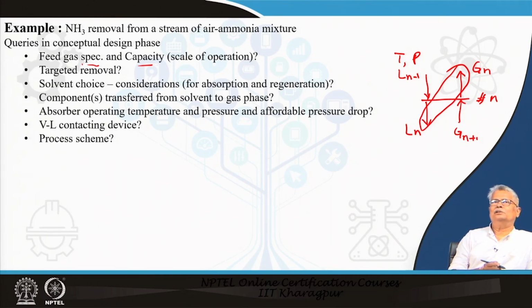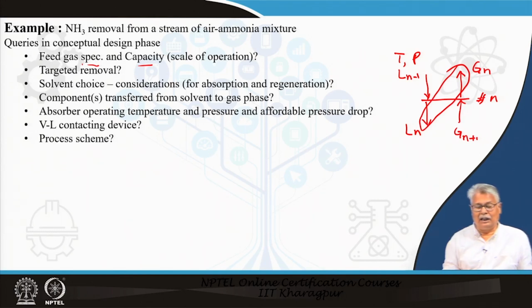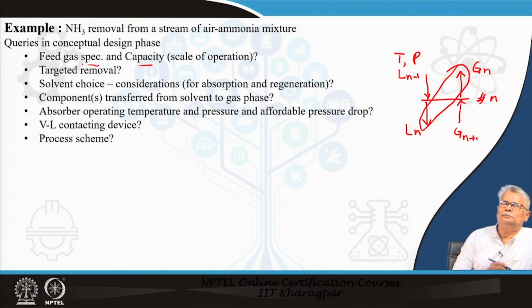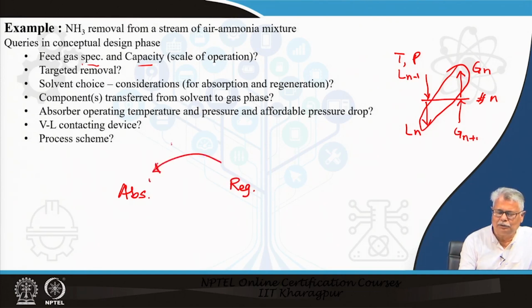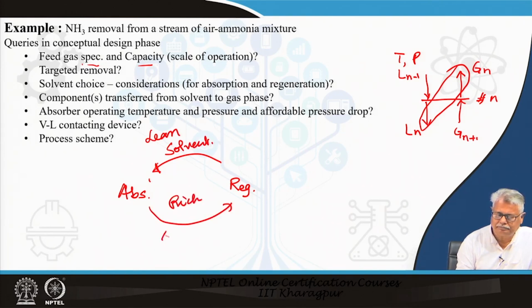Once you have decided about the vapor liquid contacting device, we definitely will be talking about the process scheme. The process scheme naturally will have the absorber, and it will also have the regeneration system. So, you will make a scheme in which the solvent will go from here. This is my lean solvent, and this is my rich solvent, which will be going from the absorber to the regenerator. The absorber will be fed with my feed gas,